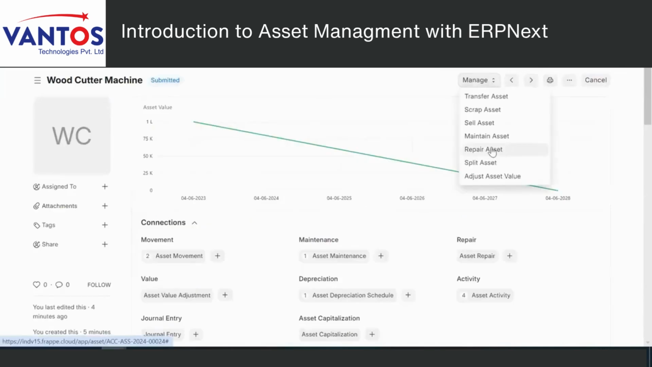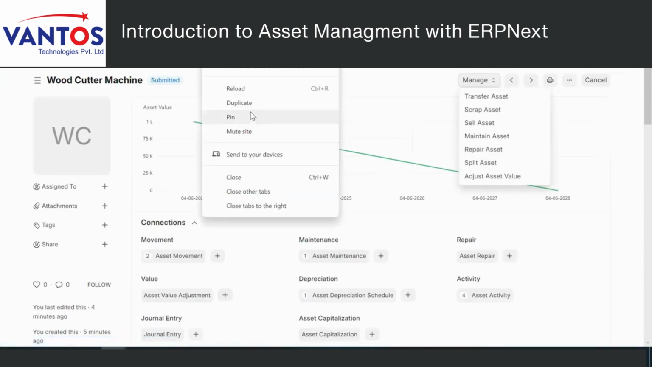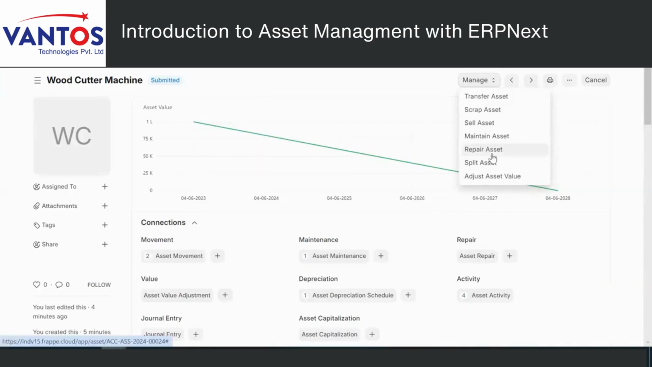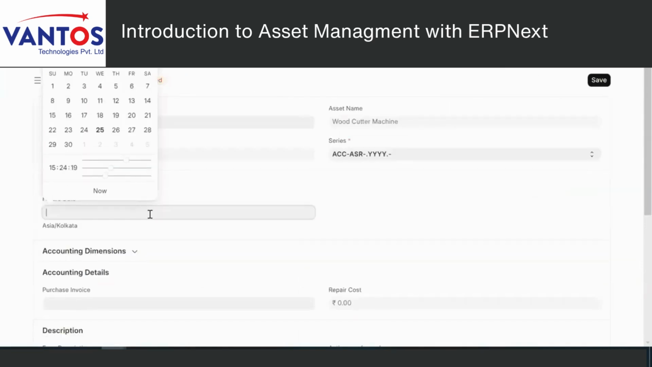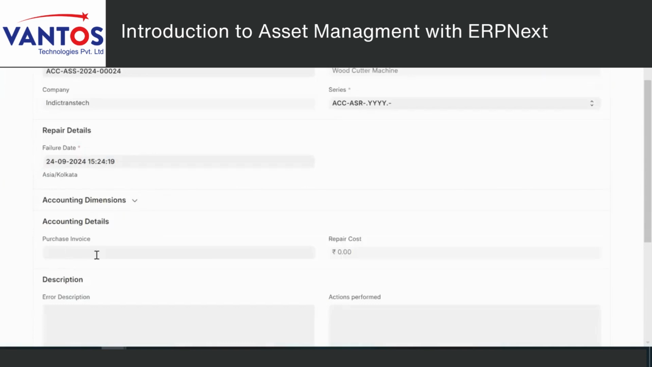So now repair of an asset. Particularly if any machine gets a failure or stops working, in that condition we will go with repair asset. As I click on repair asset, when is the failure occurrence date? Let's mark it as 24. After mentioning that,